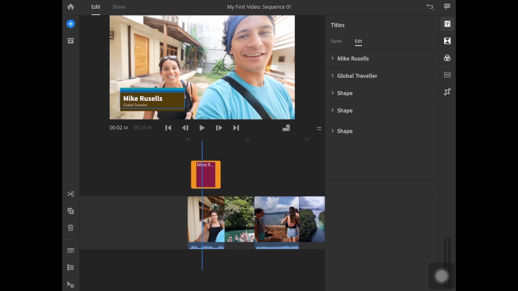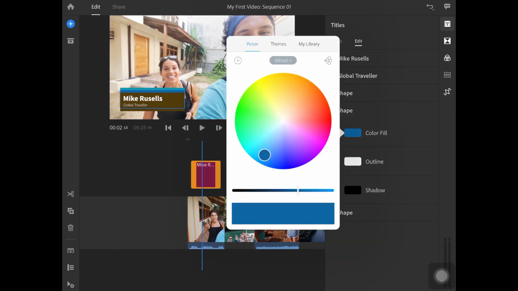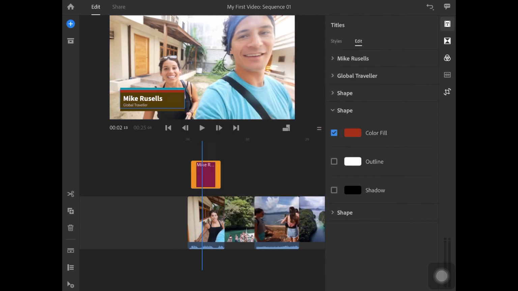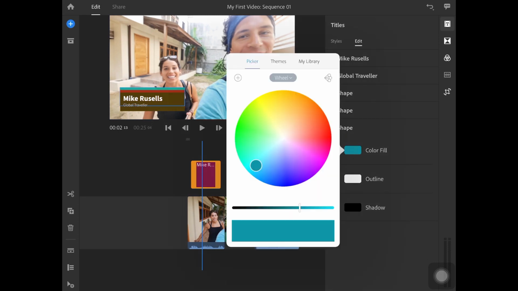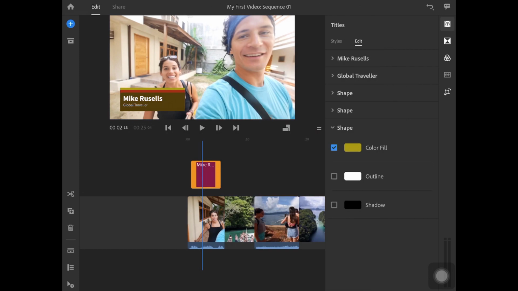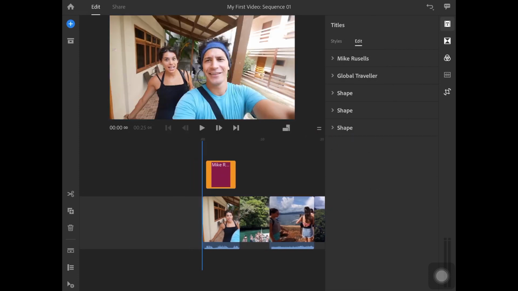So this is shape 1, and there are 3 boxes if you notice. The first one is a big one. The second 2 are just top borders. I can actually change these colors as well. Maybe I'll make this something like this. Notice how it is changing in the preview. And the third one, maybe I'll just change this to a yellow. All right, see? That is the reason we call these templates.